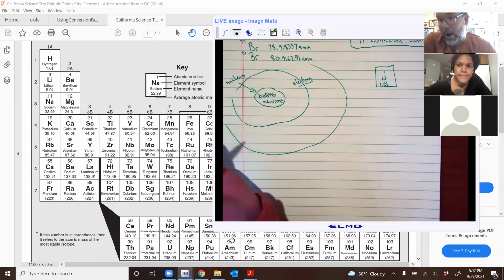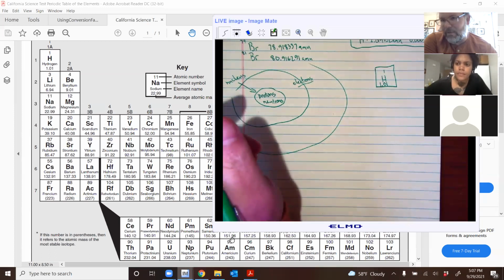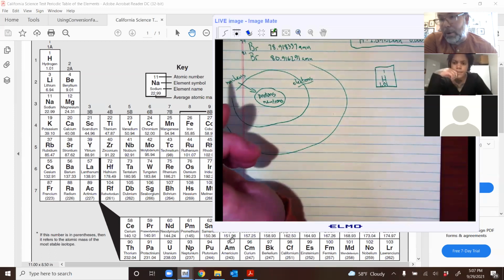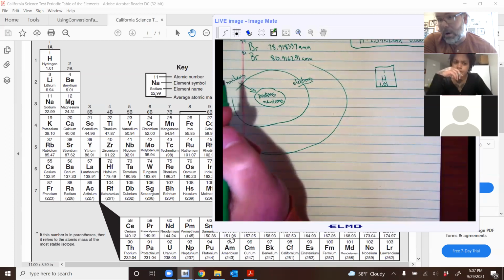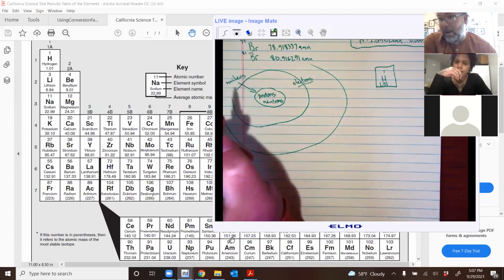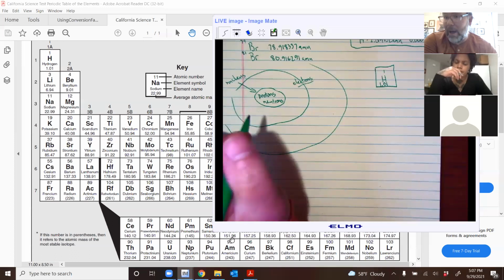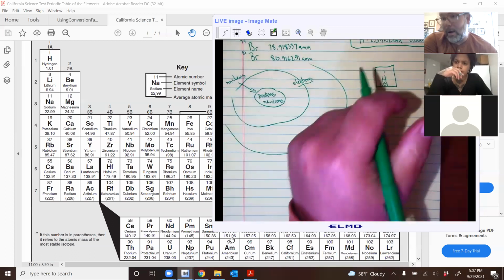A lot of times when the symbol doesn't match up with the first couple letters of the name, it's because the symbol comes from the Latin name for that element instead. So we should recognize those so we can guide our way through the periodic table a little faster. All right. So sodium is Na from natrium, which is the Latin name for sodium, for example. Copper is Cu instead of Co, because Co is cobalt, and because Cu comes from the Latin cuprum,